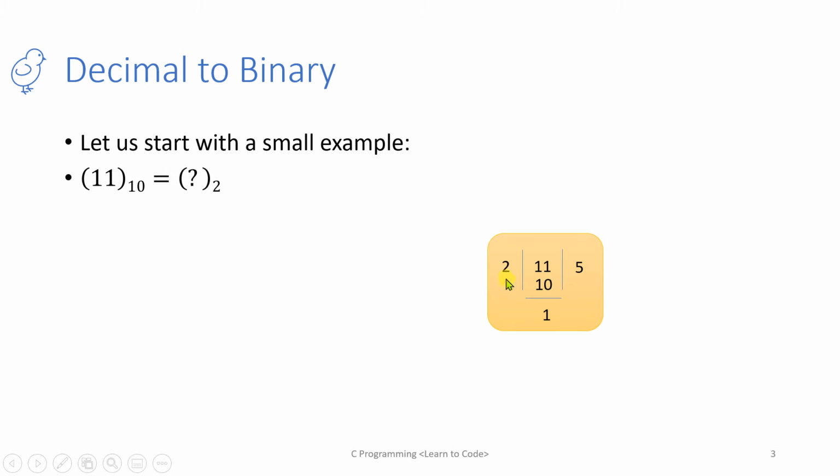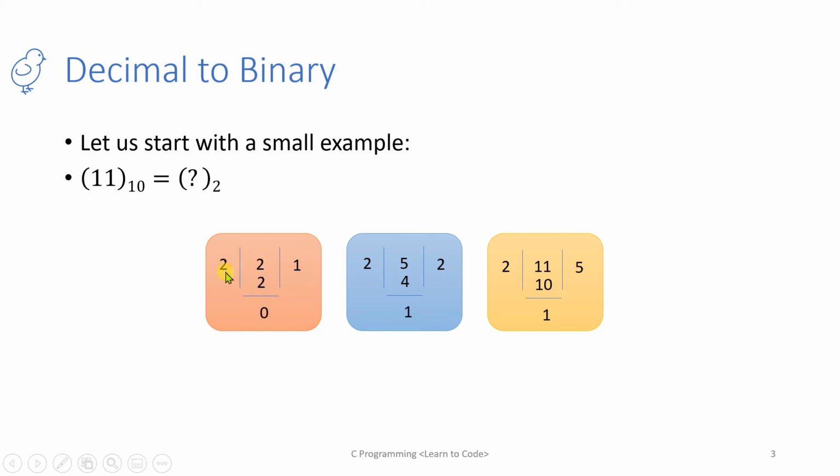Up to when are you going to divide? When the quotient becomes 0, you stop the division. Now you have to divide 5 by 2. So 2 2s are 4, again you get a remainder, that is 1, and the quotient is 2. The quotient is not yet 0, so again you have to divide 2 by 2. 2 1s are 2, and the remainder is 0.